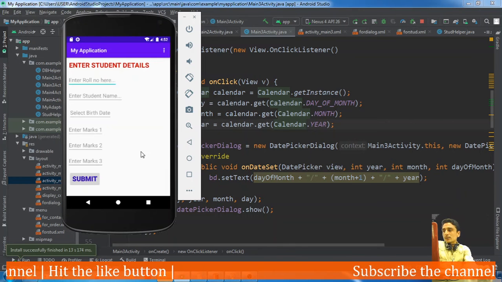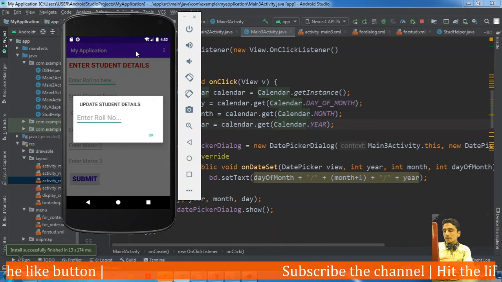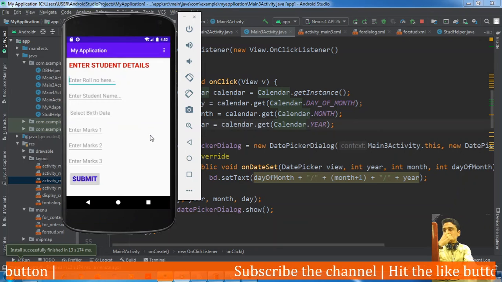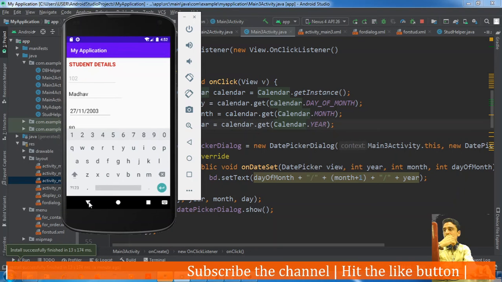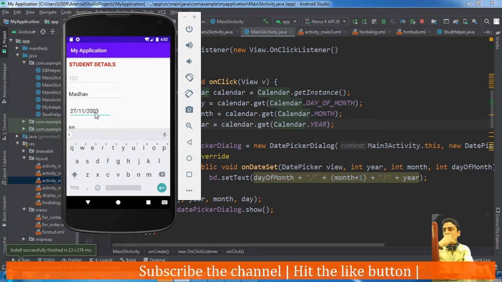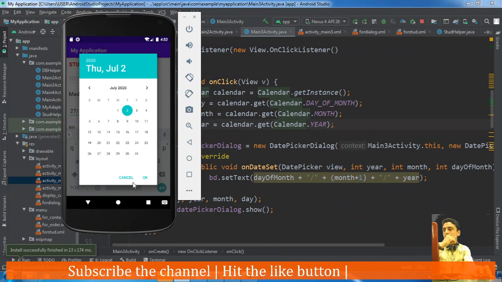Okay, another thing which we have changed is that let's go to the update record 102. Okay, you can see here in birth date when client clicks, yeah, this date picker dialog appears.